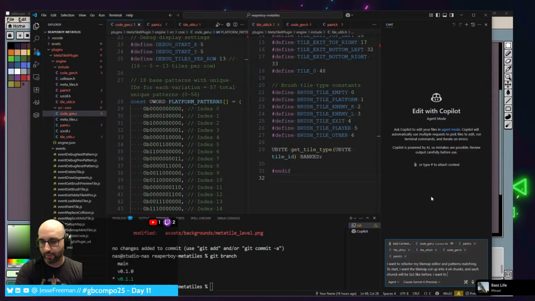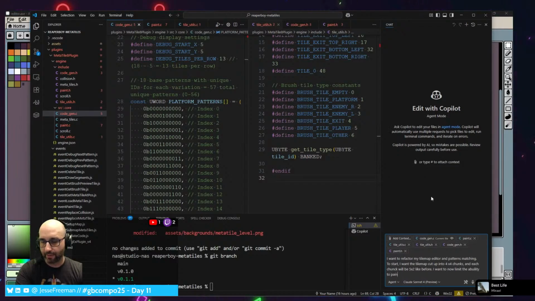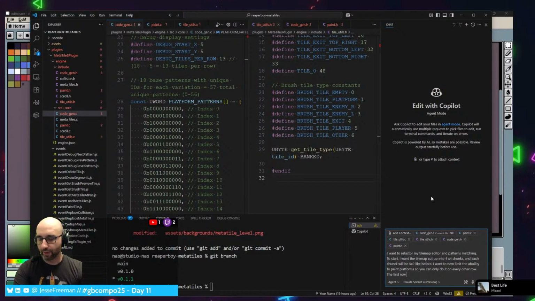I want to now limit the ability to paint platforms, so you can only do it on every other row. The first row to start painting will be at